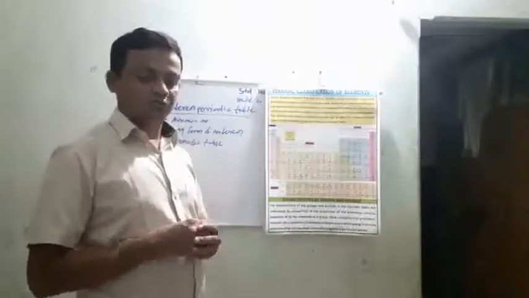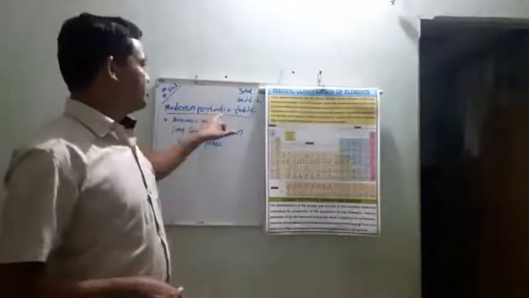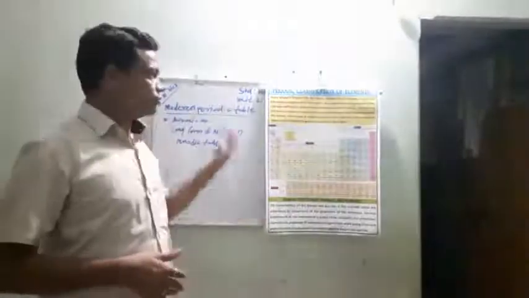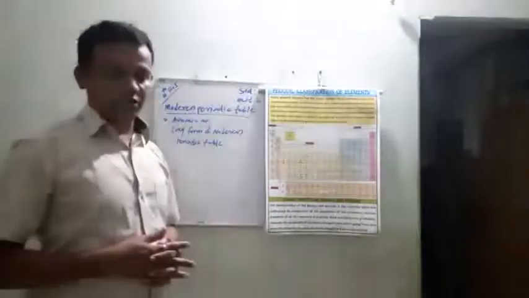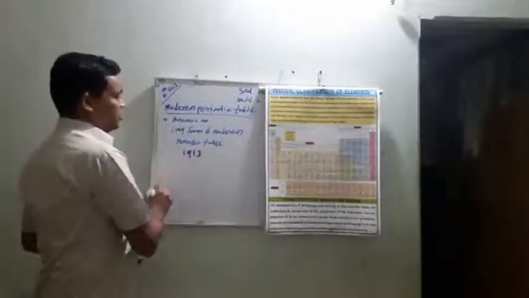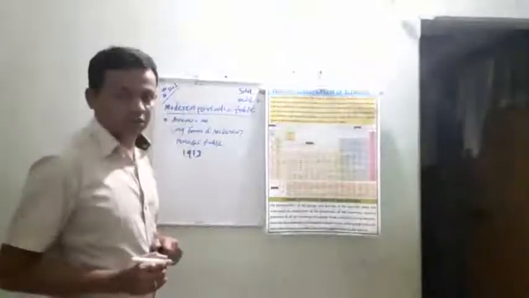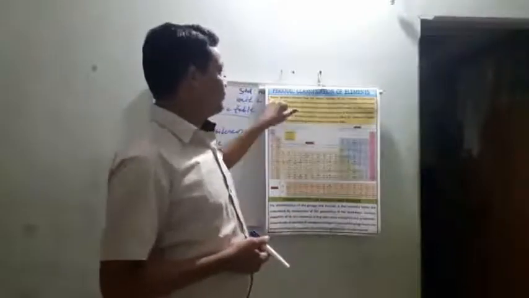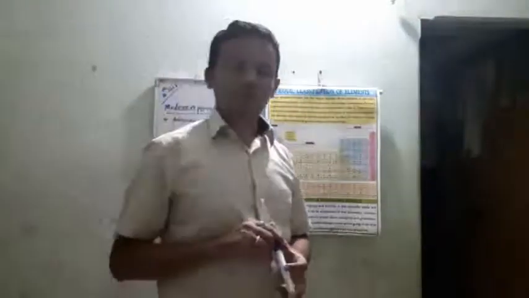Now today we are going to teach the next point, that is the modern periodic table. So today's topic is the modern periodic table. Now see, in 1913 an English scientist, Henry Moseley, was the name of that scientist, he showed that the atomic